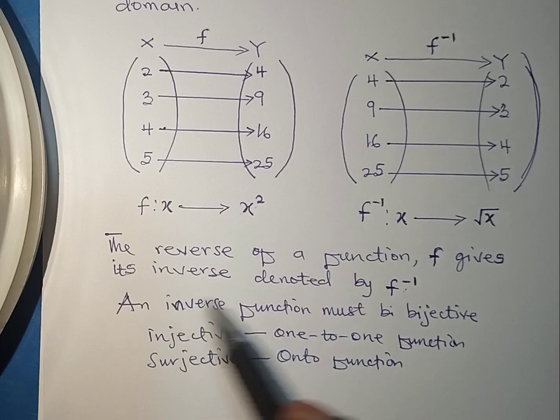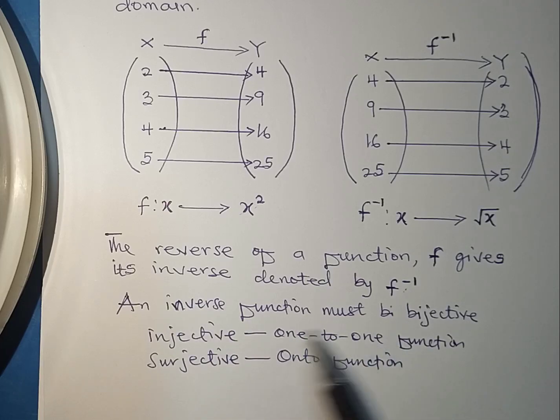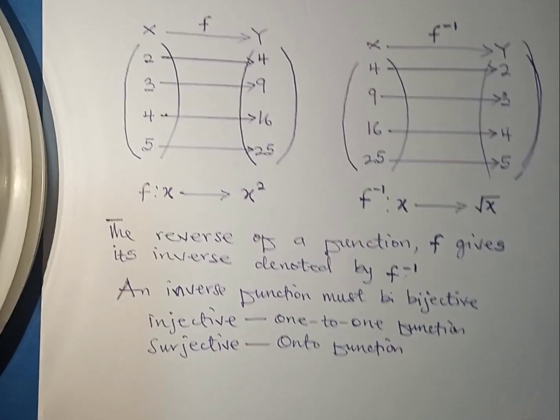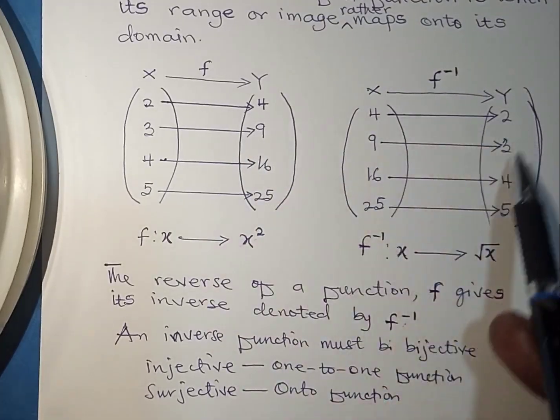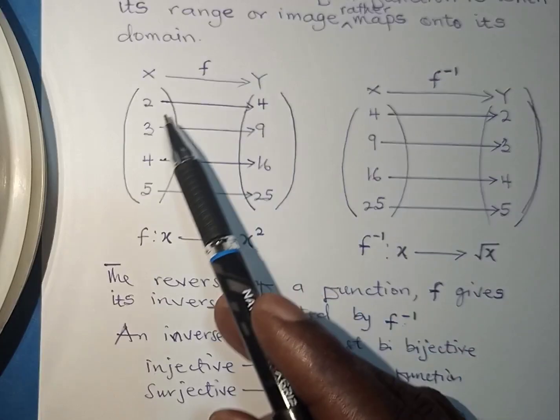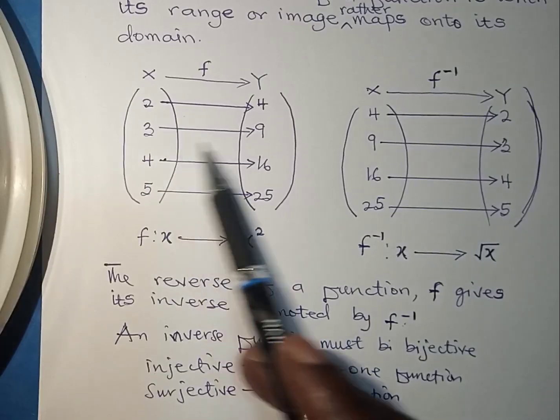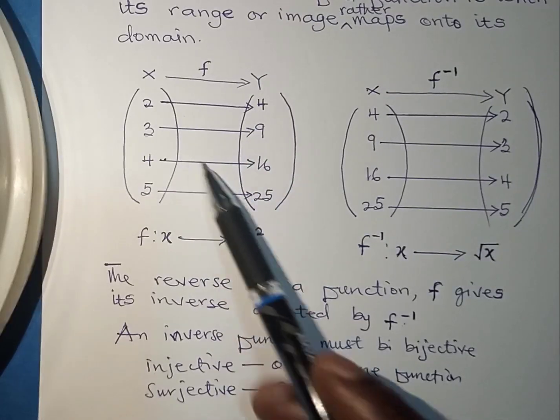Yes, so before a function can have an inverse, it must satisfy these two. It must be bijective. In that case, if it is bijective, that function must be injective and at the same time surjective. Other than that, we can't have the inverse of a function. So why are we saying that? Looking at these two examples here,